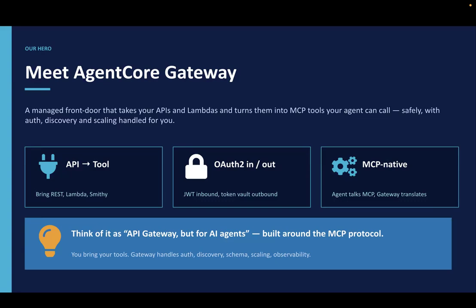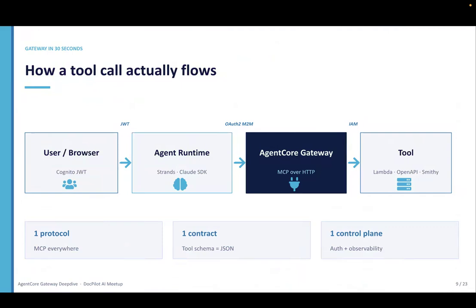You can use Agent Core Gateway to call MCP. The MCP can be hosted in a Lambda function, or it can be a simple tool call. That is what we are going to do. Yes, we are using the MCP protocol to connect, but it's not only the MCP protocol, guys. You can use Agent Core Gateway for A2A also, but currently we are only focusing on the MCP protocol.